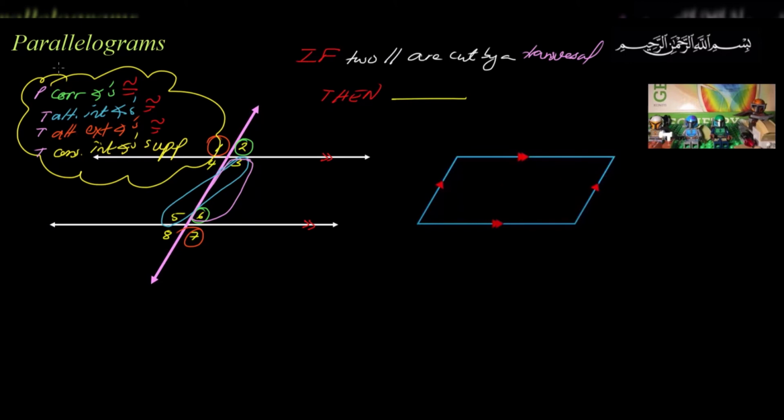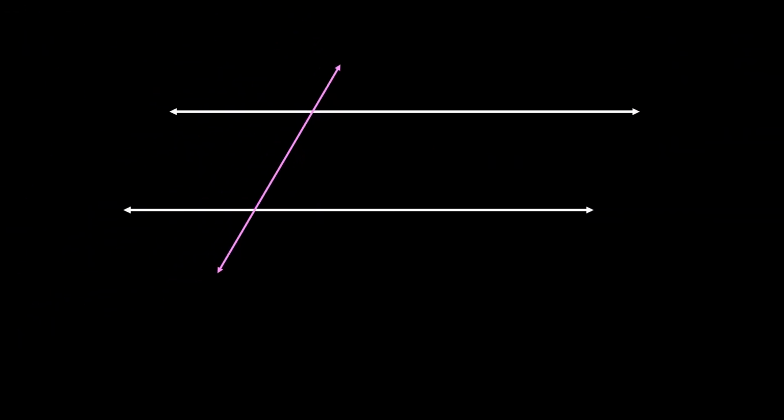Okay, so that we have to really get to know very well, and in the next lesson we have to actually use the converse of these theorems to prove additional parallelogram theorems. So that is a very important starting point for this lesson. The next thing is that we have to connect these two concepts. That is, we have to connect the idea of parallel lines cut by transversals and all the postulates and theorems